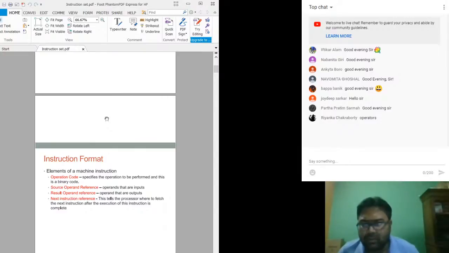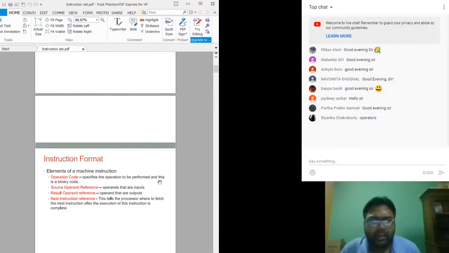This is the heart of the machine instruction. It specifies what operation has to be performed. This is basically a binary code, and I think I have shown it in lab that there is a data sheet from where you can find the value of that particular opcode, right? You have seen that all the machine instructions, like add, multiply, have some numeric hexadecimal value in that table. So you can see that all of them have some value.